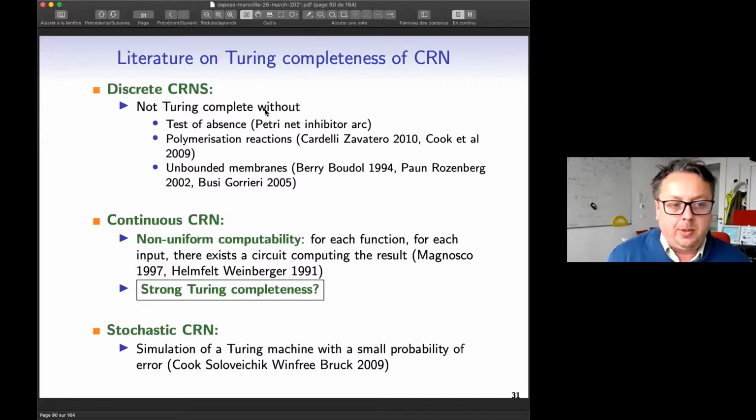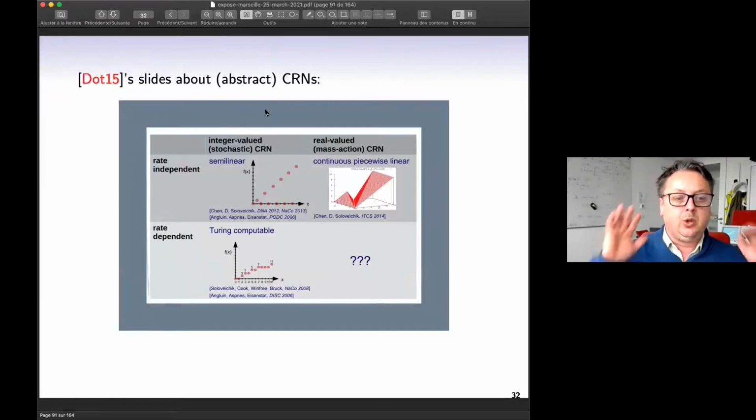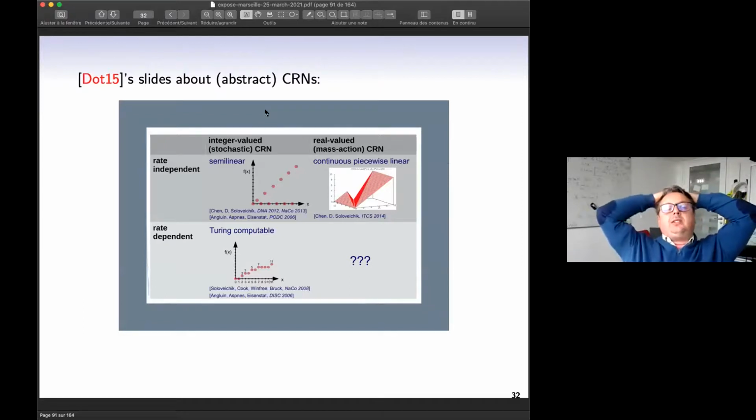There were some partial results about Turing completeness, but just a warning, what we would expect to be called Turing completeness in computability theory is called in this field strong Turing completeness. And you have several results of weak Turing completeness that I will not discuss, but it's non-uniform complexity actually. So the question about whether it's Turing complete for the differential semantic was open, and here is a slide